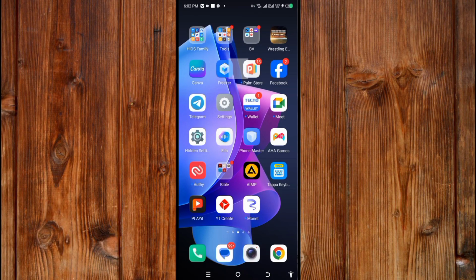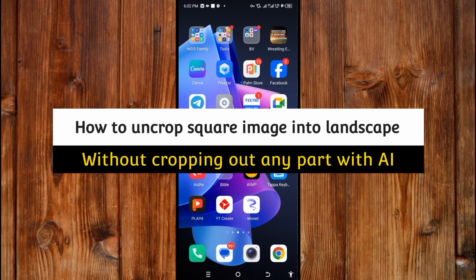In this video, I'm going to show how to uncrop a square image into landscape without cropping out any part with